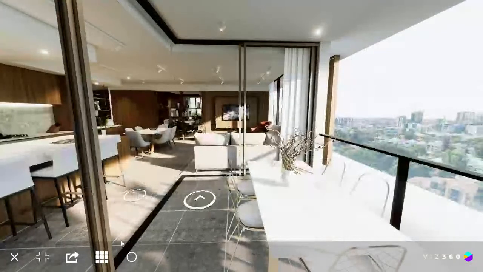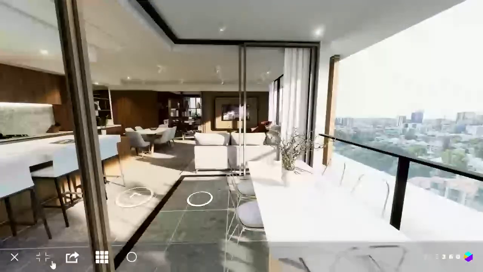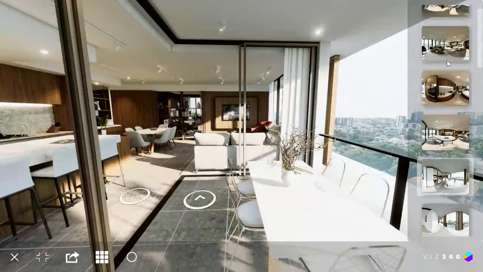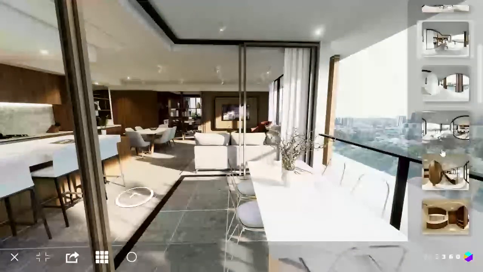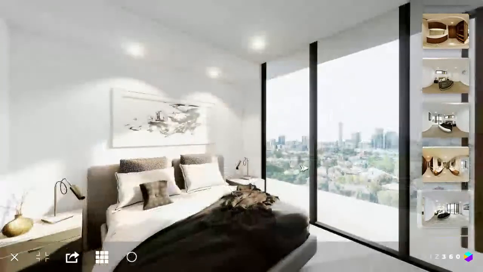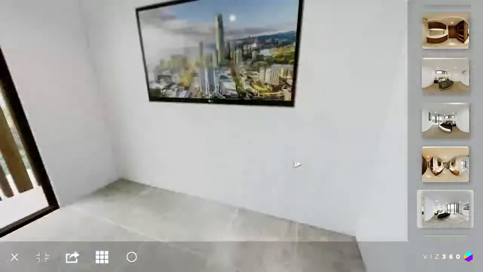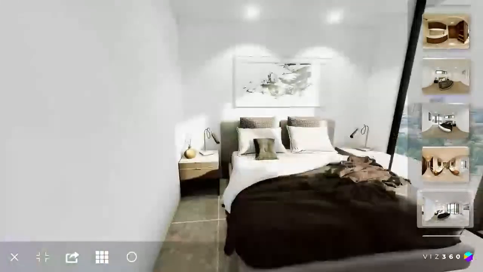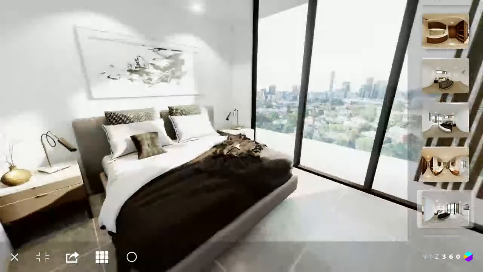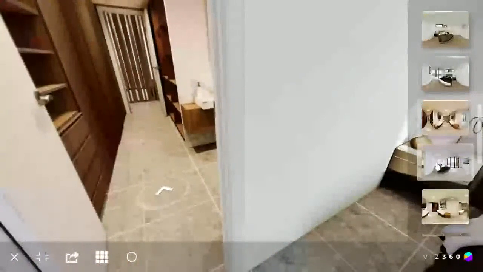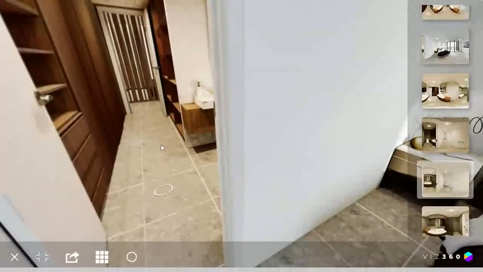The web tours are customizable to a degree. You can have floor plans, you'll be able to jump around if you so wish. This one here, like a number of them, we've got pictures of the different rooms that you can jump into. So I want to go to the main bedroom, and that just jumps you there so you can have a look. Of course, it's mainly hotspot to hotspot with these web tours, and this is all still CGI, but it's still pretty awesome quality. But it still has some limitations, but a great way to get